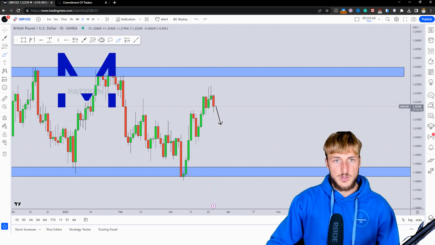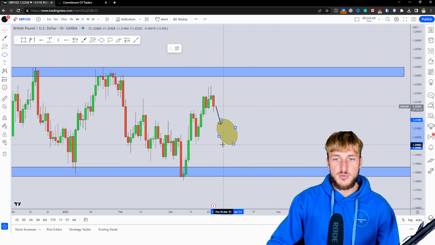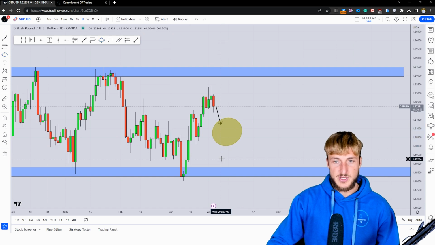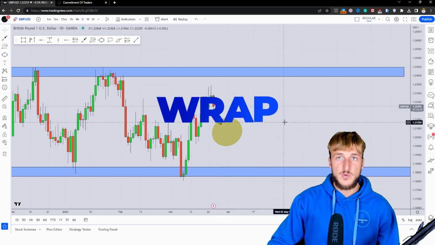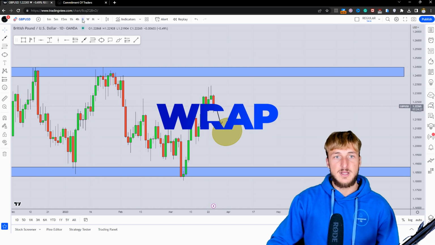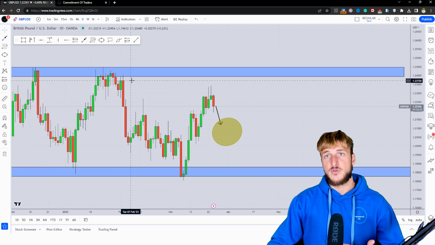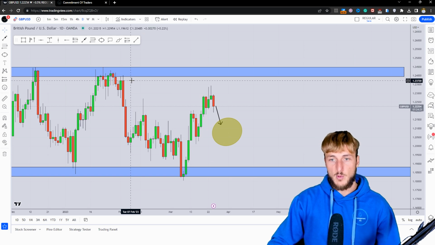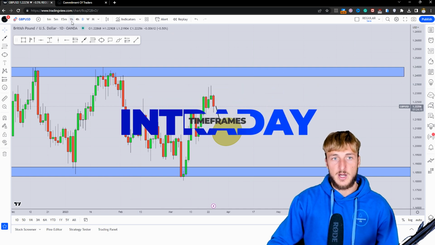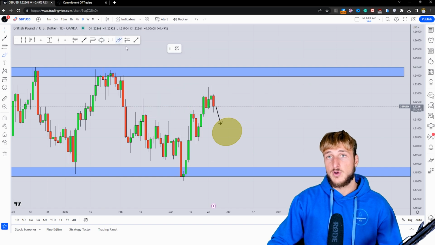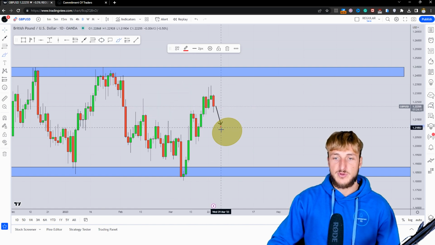So if we do get the creation of the M pattern, that is how we could be approaching a potential rejection to the upside. Now, as usual, trading is reactive and not predictive. The monthly, weekly, and daily combined with the COT data, those are the best time frames from a directional perspective. However, when it comes to confirmations and entries, the best time frames are the intraday time frames, so 4 hour and lower. Therefore, what we could be doing is monitoring price action from an intraday perspective during this move to